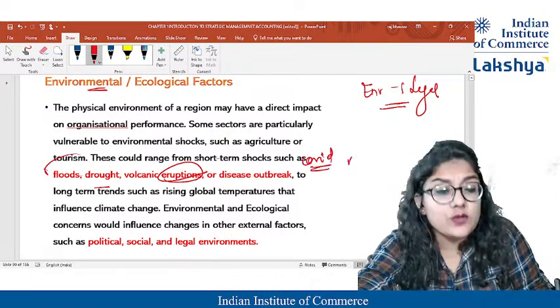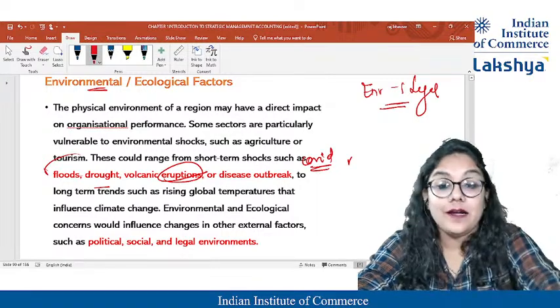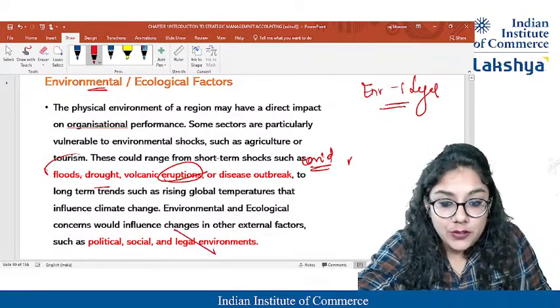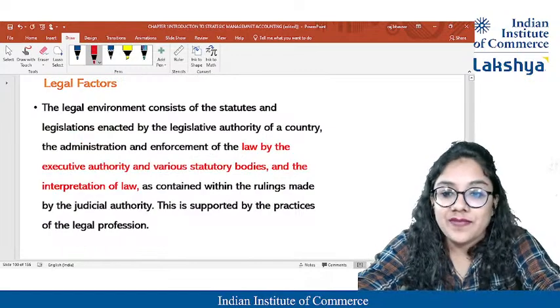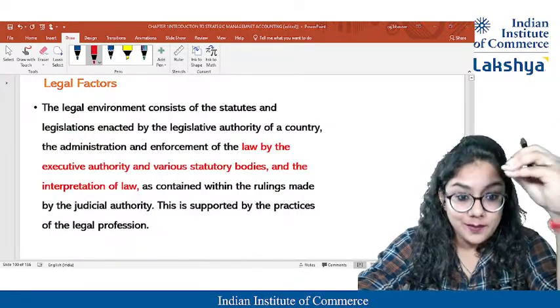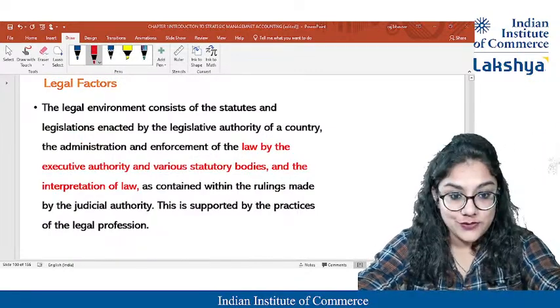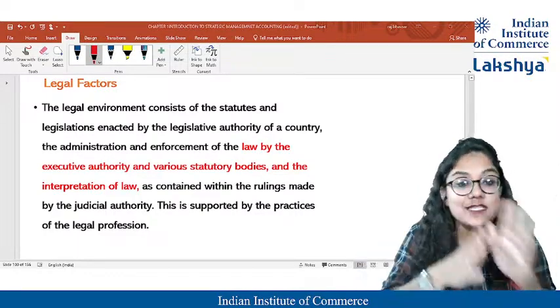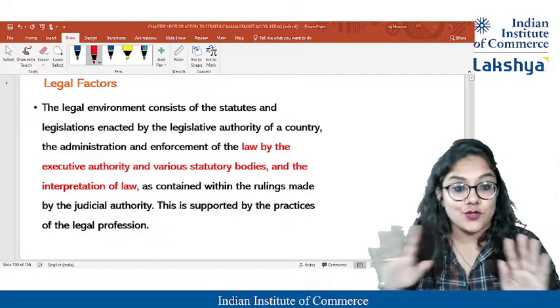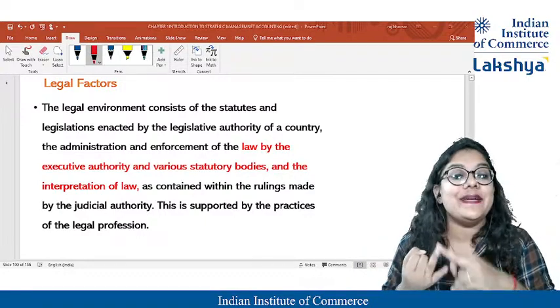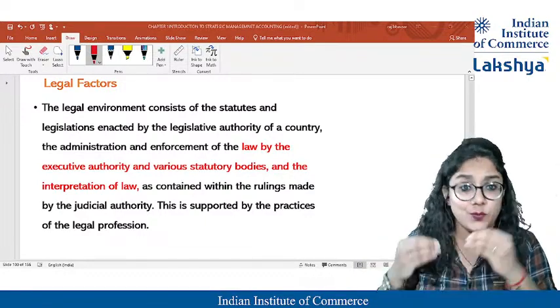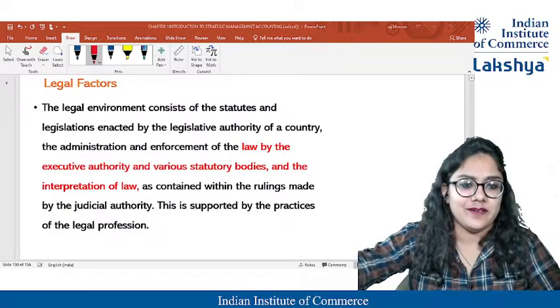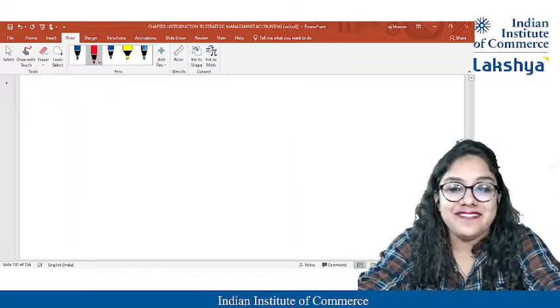So consider all those things and then go ahead. Otherwise, you will not be able to achieve all those things. Also, you cannot abide by the rules and regulations, by the law. If I do any sort of work which is against the law, my company will be stopped, with a lot of fines, penalties, prosecutions, and maybe you might be behind bars. All the possible negativity can come up.